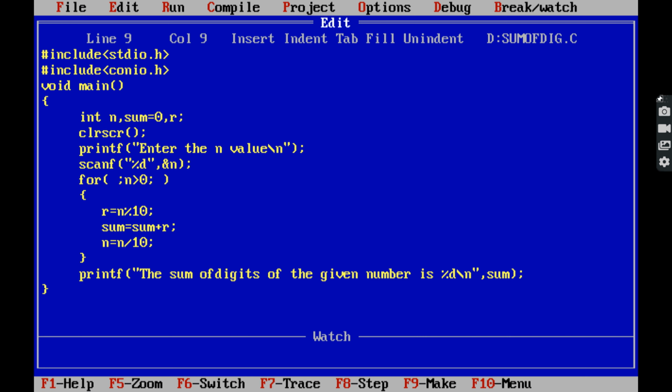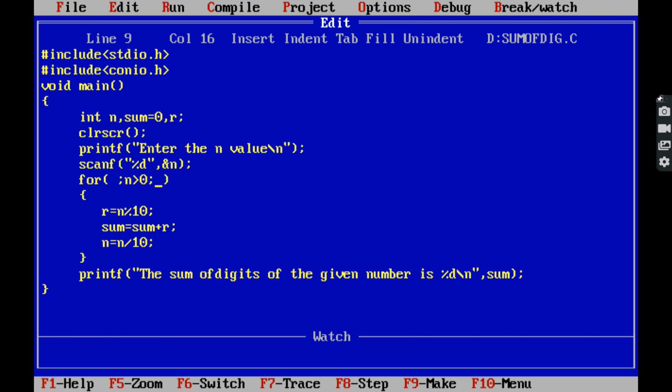So in the case of for loop, first we put the empty space, after that semicolon, after that the condition, next semicolon, next we give empty space. Here the condition is n greater than 0.